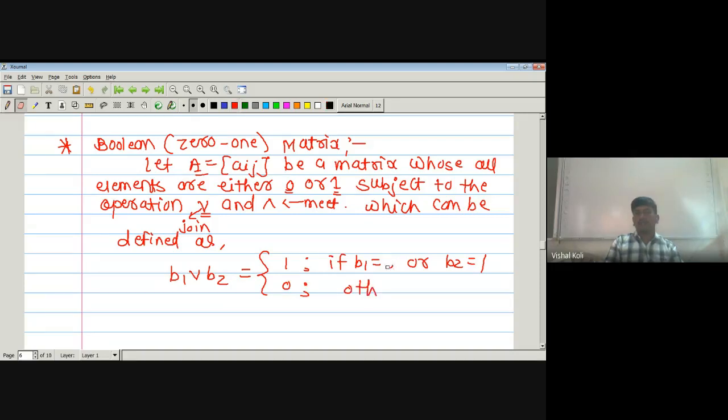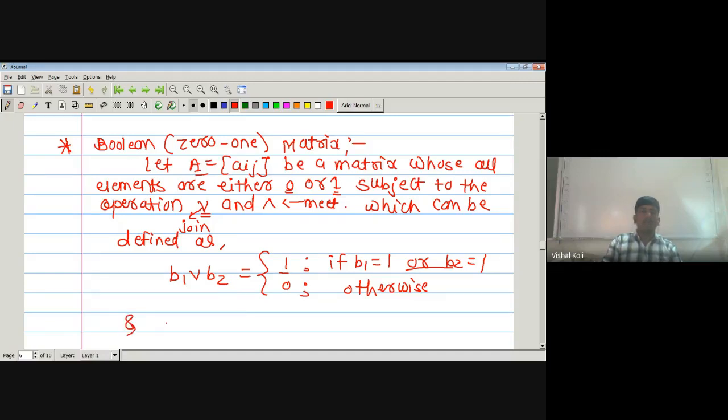So B1 join B2, if B1 and B2 be any two elements of any matrix A, then B1 join B2 will be equal to 1 if B1 equal to 1 or B2 equal to 1. If both B1 and B2 are equal to 1, then also B1 join B2 will be equal to 1. But the necessary condition will be either B1 is equal to 1 or B2 equal to 1, and it is equal to 0 whenever these two are not possible. That is, if both B1 and B2 are equal to 0, then B1 join B2 will be equal to 0, and